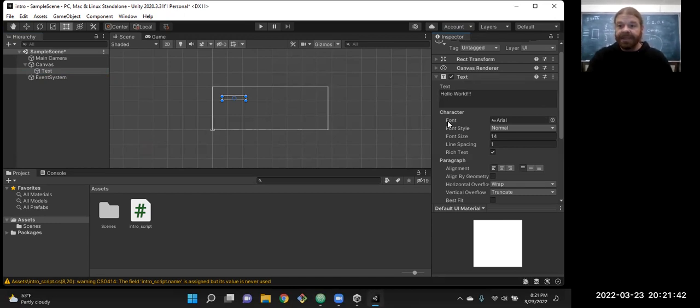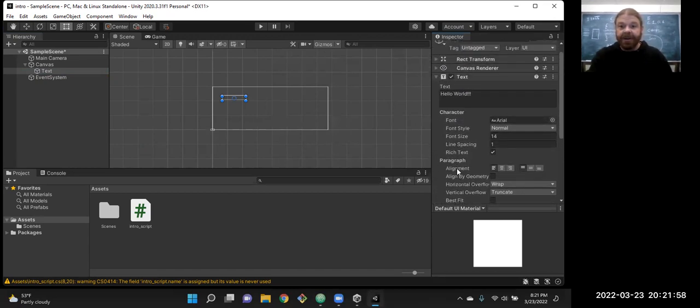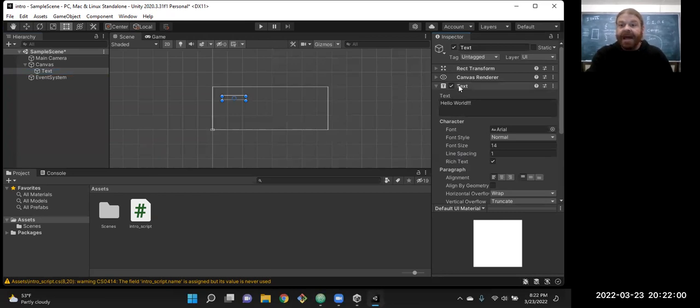Or here where it says font, we have a box to fill in, but in our script on the back side, we also have that text.font to access that variable, or .fontStyle. So all of these words that we see on the UI panel here in the inspector, those are the data fields we have for our text object.